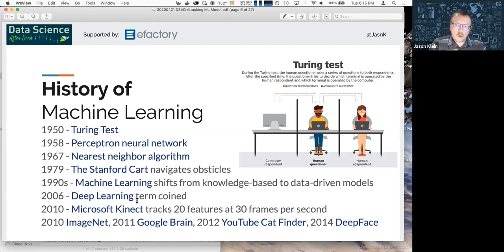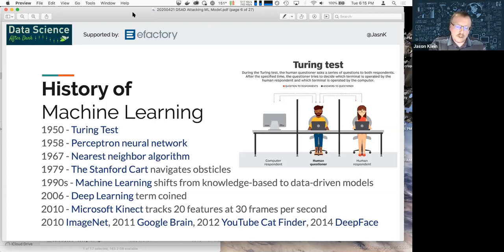So they took what somebody knew and they put it into code. And in the 90s, they shifted to more of a statistical and probability model where, rather than writing down rules and building some sort of program that follows those rules, you were feeding data to the computer and letting the computer learn from that data.